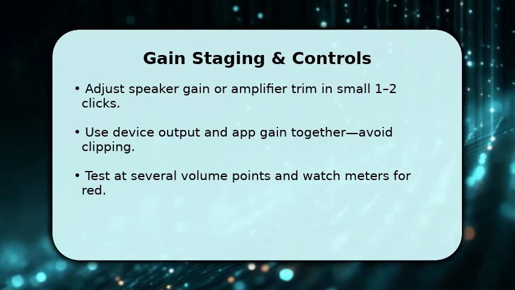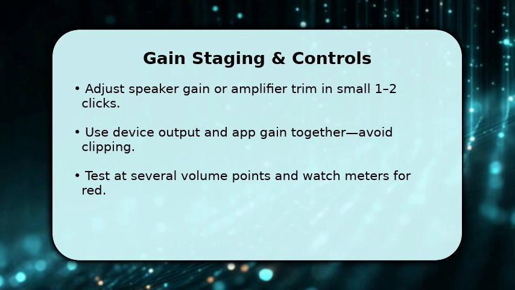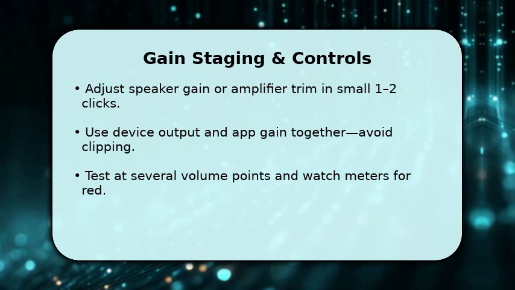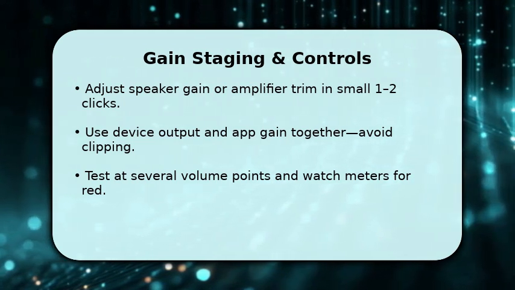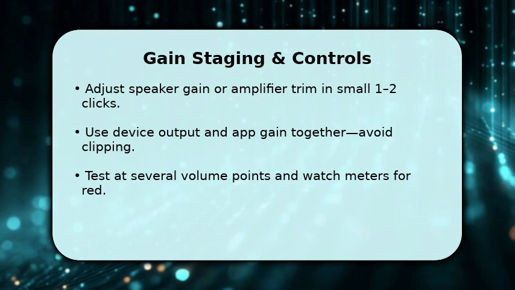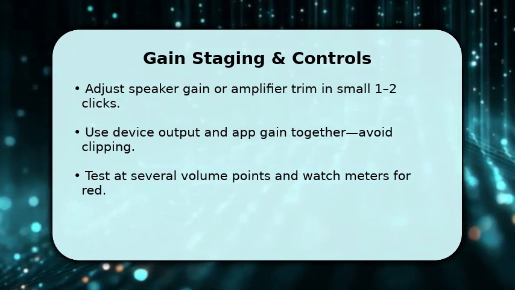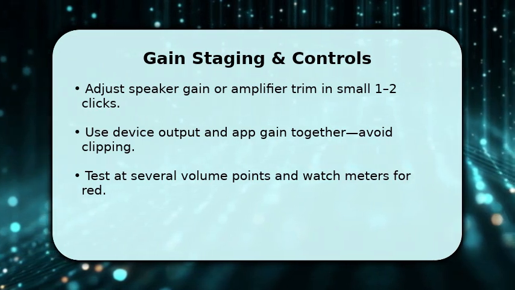Adjust the speaker gain or amplifier trim slowly, 1 to 2 clicks at a time, because big moves create distortion. Simultaneously use device output and app-level controls to share the load. This reduces clipping risk. Once you raise levels, test at low, medium, and near max positions while watching meters for